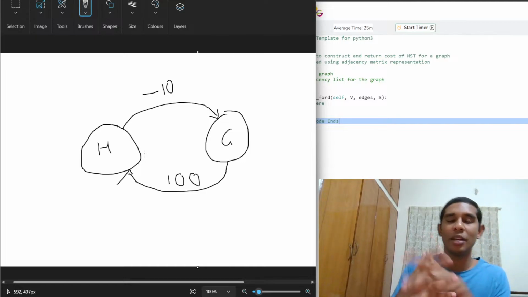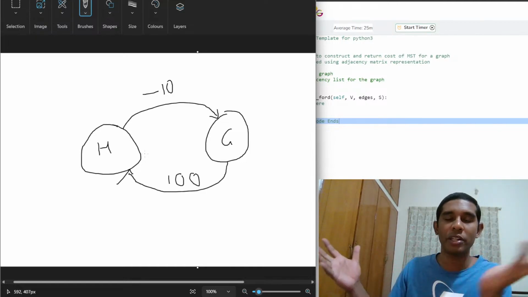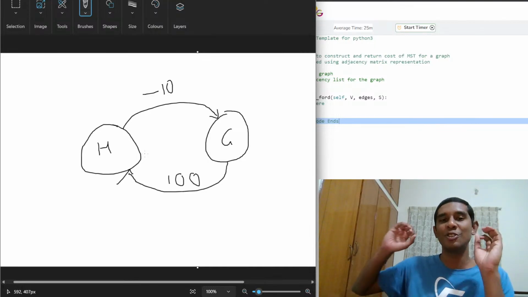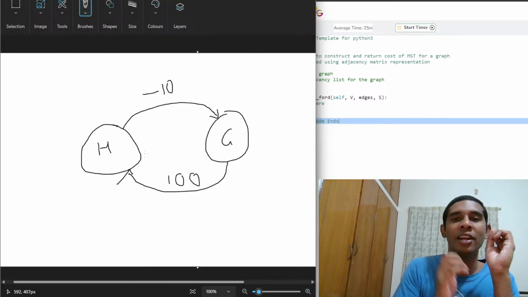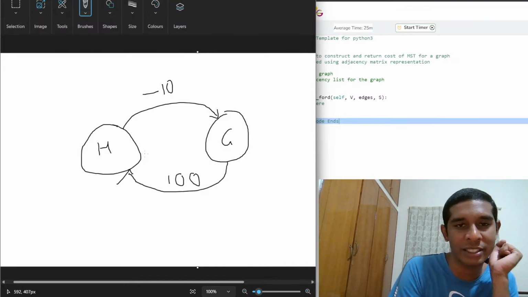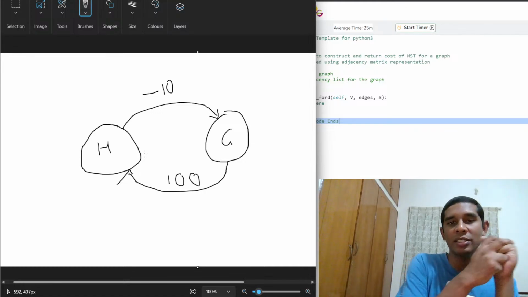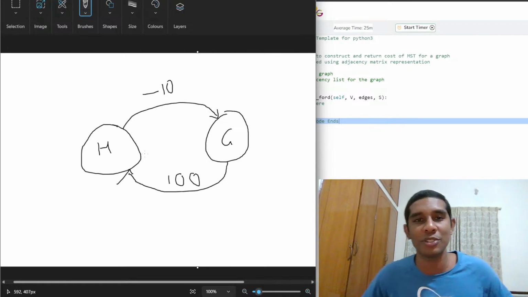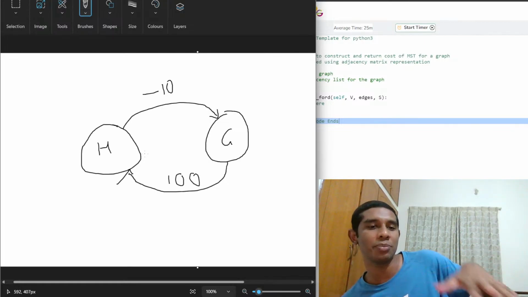But as you know, we have a real world problem where your grandma does not have enough money to keep infinitely supplying you 100 rupees every time you visit. So that is the basic problem behind algorithms that cannot find if there's a negative edge cycle inside the graph. What Bellman-Ford does is, once it finds this sort of negative, I mean here it's actually a positive edge cycle, but if it ever finds something like this,